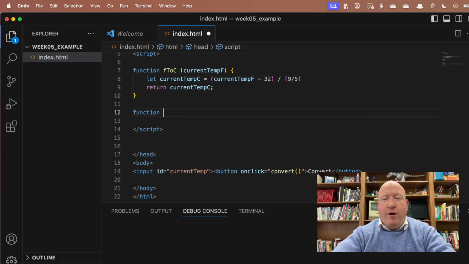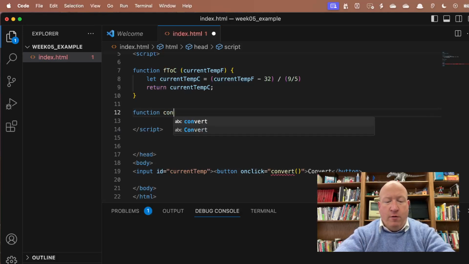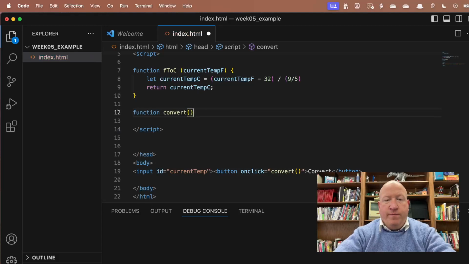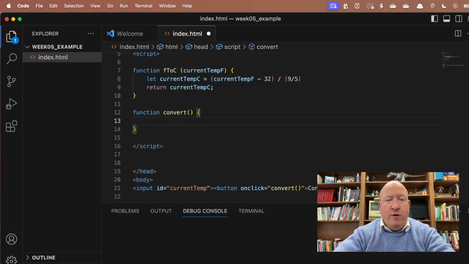And you're going to wonder, why don't I just do this all in one function? And the reason is because now you can convert this however you need. You can use this tool in lots of different ways. So for example, function convert, I'm not going to have any parameters, because what I'm going to do is I'm going to say, okay,